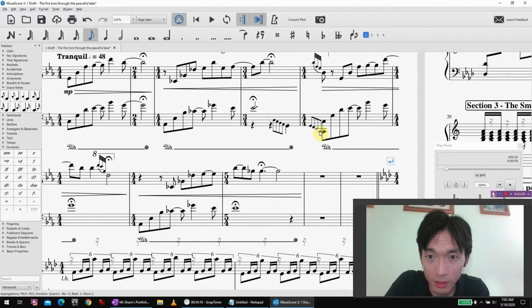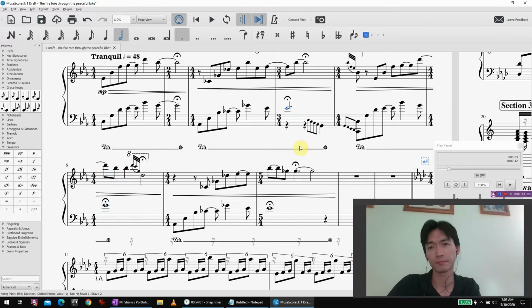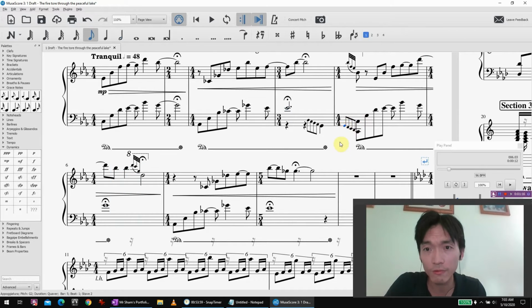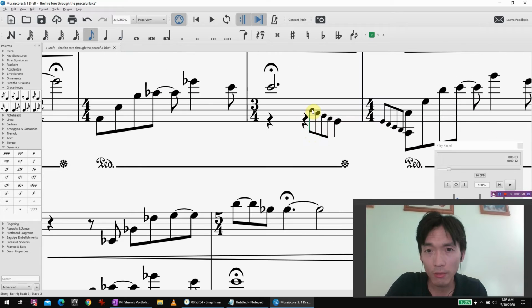I'll click and drag so it's not as annoying for you guys hearing every semitone. Let's try this idea. Okay, I wonder if I can shift this before the bar line. I reckon this idea kind of works. And